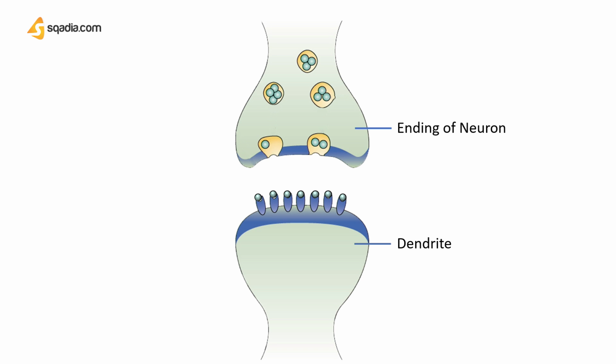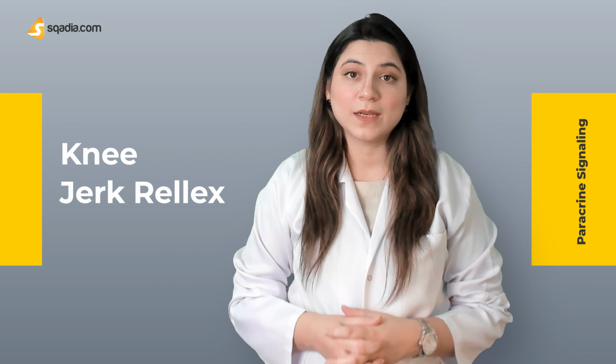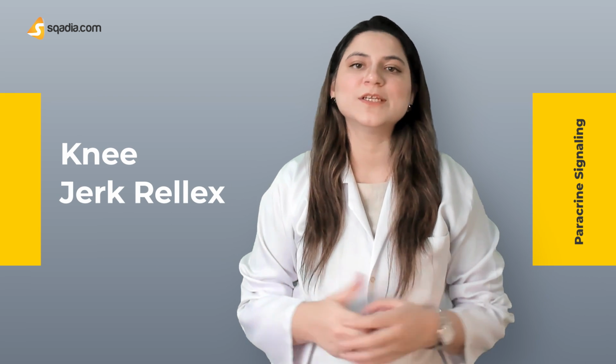The small distance between the nerve cells allows the signal to travel quickly, thus enabling an immediate response such as a knee-jerk reflex. So, paracrine signaling was all about sending signals to your neighbors, the immediate, proximate cells around you. What about when you need to send the signal to a far away distance? That is when endocrine signaling comes into play. We'll discuss that in our next section.